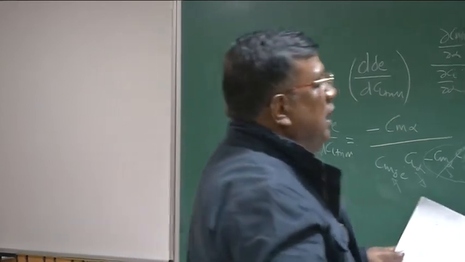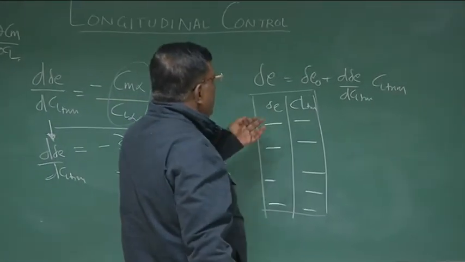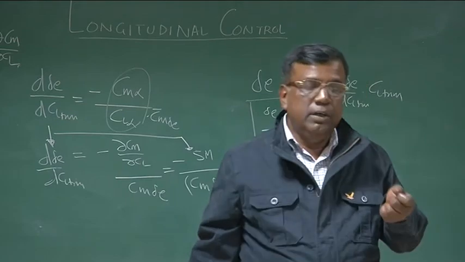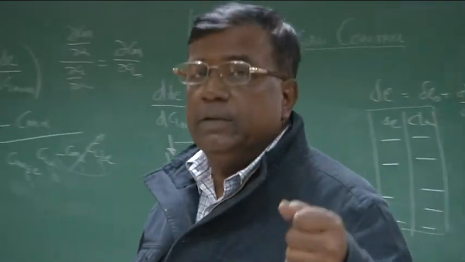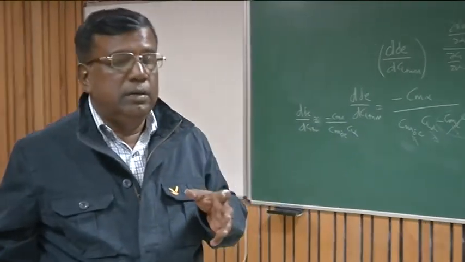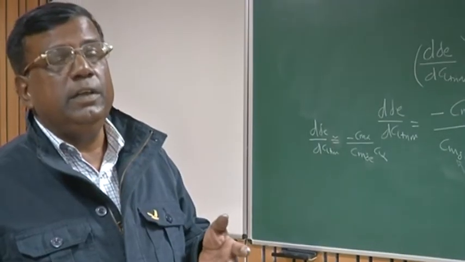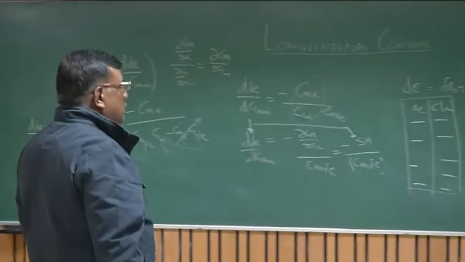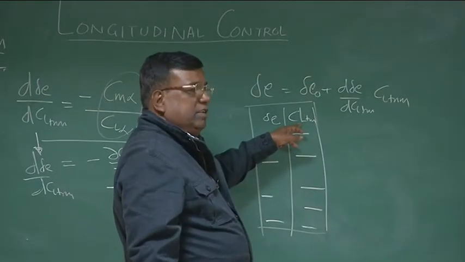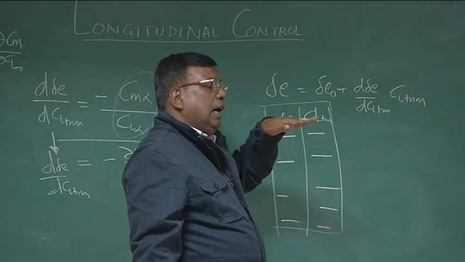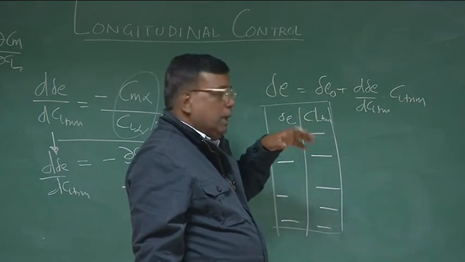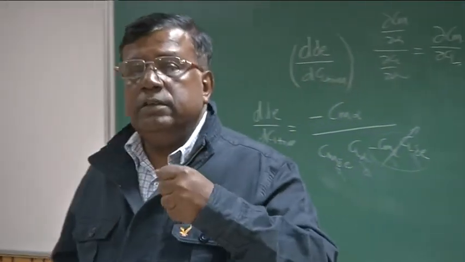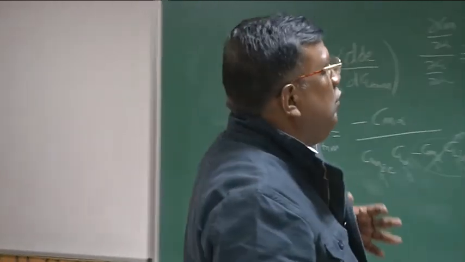Okay, this is one way of developing a feel for the pilot, but that's not a very good way of developing a feel. That is why in a reversible control aircraft, we try to give the feel through the stick force. That is where we will talk about stick free stability. I just stop here, but please remember, you can give a pilot feel through delta E, CL trim or V trim combination, that if you are at this speed, put that much delta E. So he develops a feel, okay? However, another way of giving a feel for reversible control is through the stick force gradient or through stick force, which we'll be talking about sometime later.